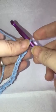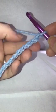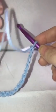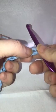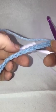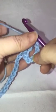So now we're going to be working with double crochets, and getting that first row is a little awkward. We're going to be working on the back here in these loops back here. The first thing we're going to do is skip the first 6 chains. So don't count the one that's on your hook. Here's 1, 2, 3, 4, 5, and 6, and we're going to be working into number 7. So we're going to yarn over, go through that loop, yarn over, pull it through, yarn over, pull through 2, yarn over, pull through 2. Then you're going to do